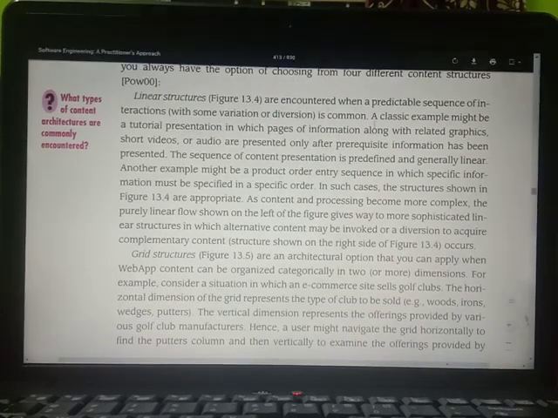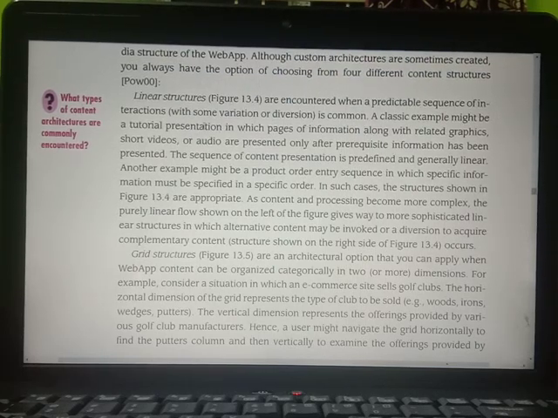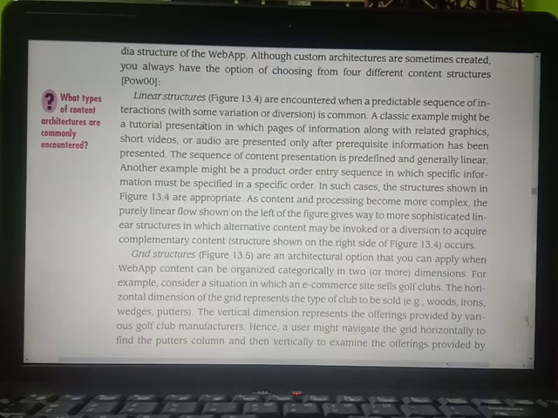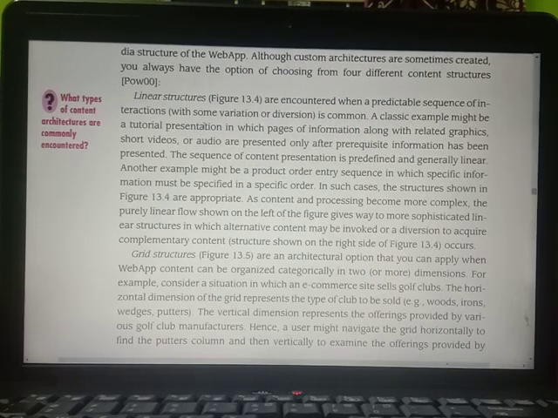we are going to have the linear structures that are encountered when a predictable sequence of interactions is common. That is how we are able to know in which way the user is going to interact with the software or web application. A classic example might be a tutorial presentation in which pages of information along with graphics, short videos, audio are presented only after prerequisite information has been presented.